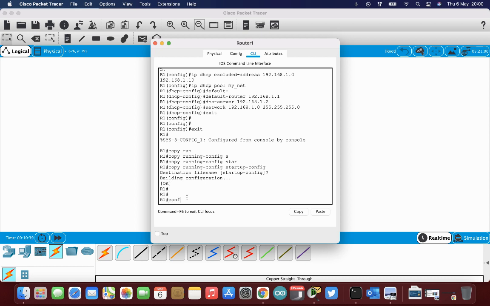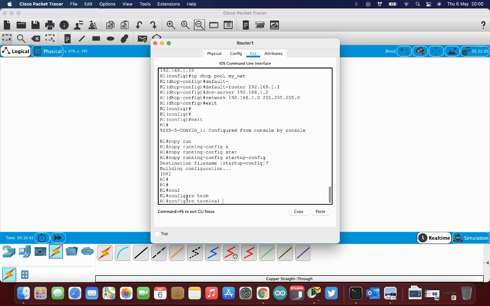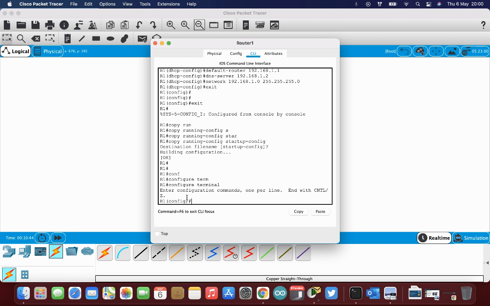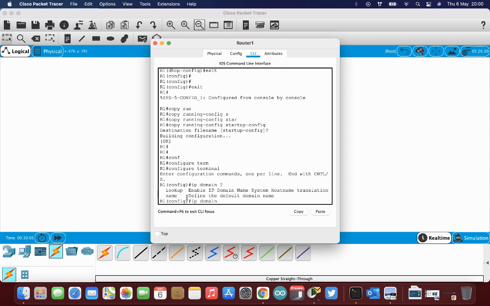I want to configure terminal again, so on terminal access. Okay, so now what I need to do is create a domain name. So if I press IP domain ? It tells you what options I have. So I want the IP domain name command. Okay, so this one is IP domain hyphen